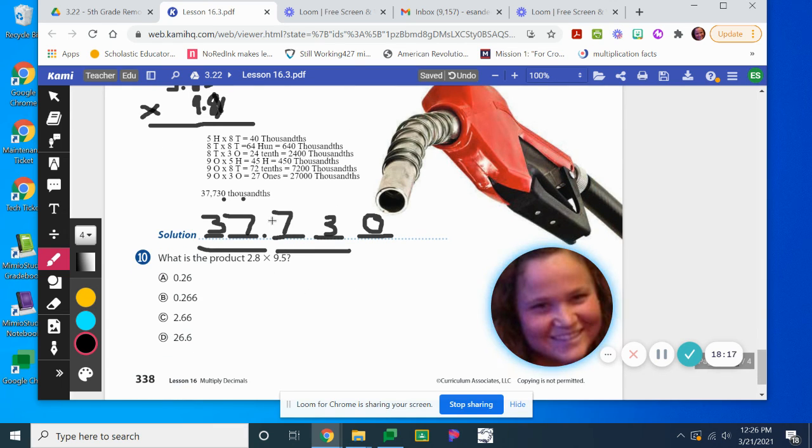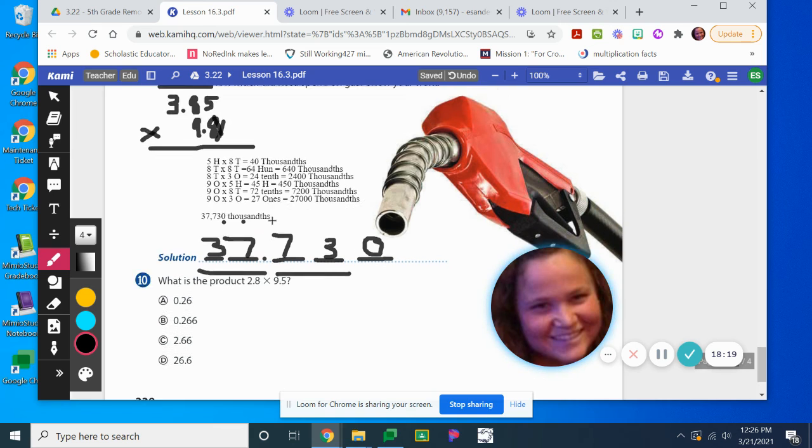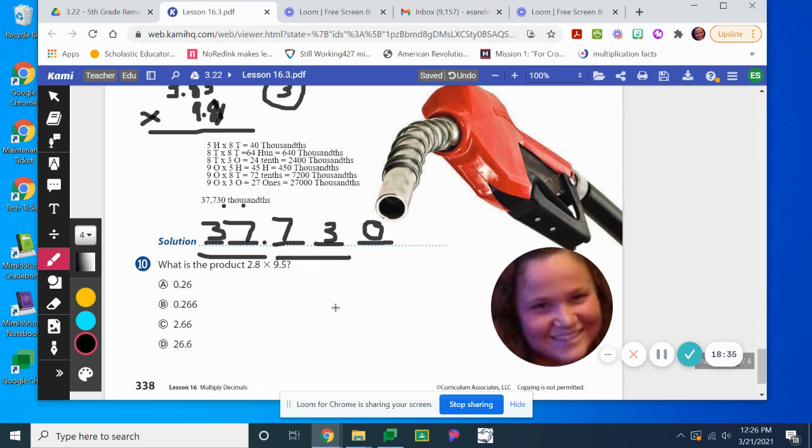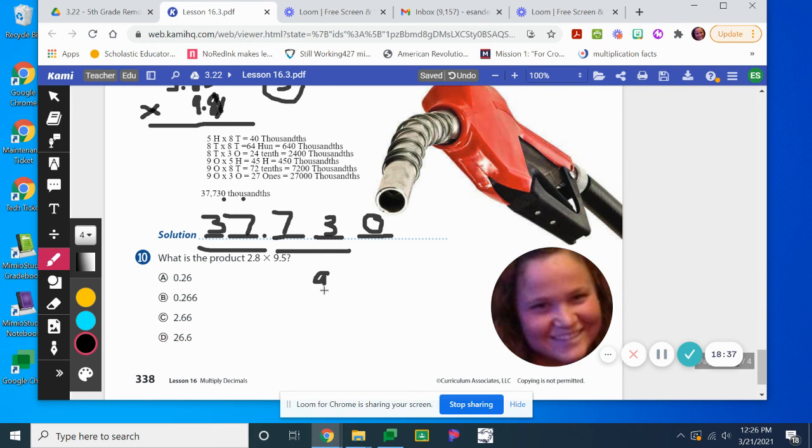Now, I don't know if you guys have noticed this yet, but up here we did 2 jumps, and here we would have done 1 jump. That's a total of 3 jumps. And notice my answer would have jumped 3 jumps back. I don't know if you noticed that yet. So here's a tricky one. If I have 9.5 times 2.8,